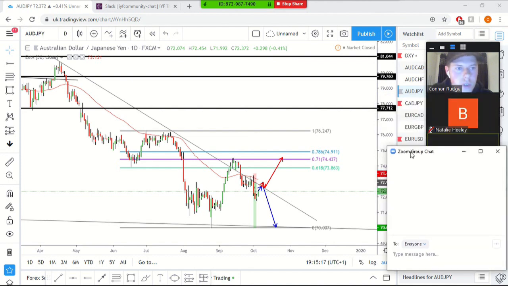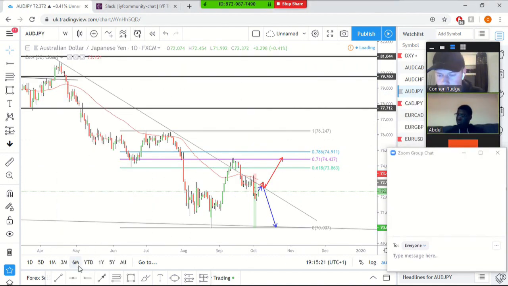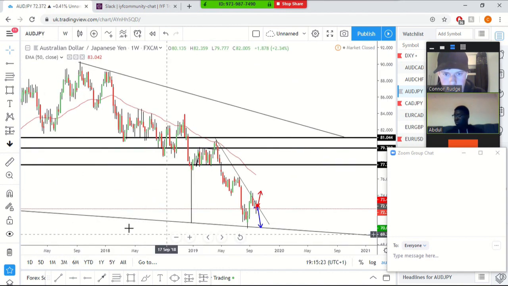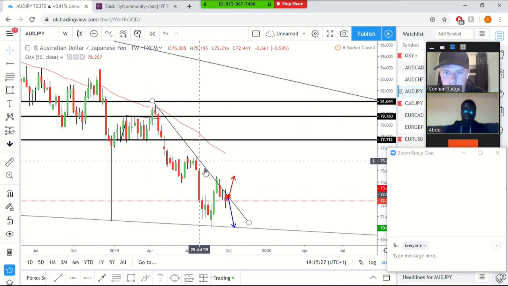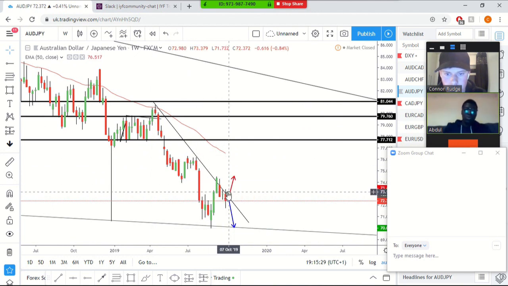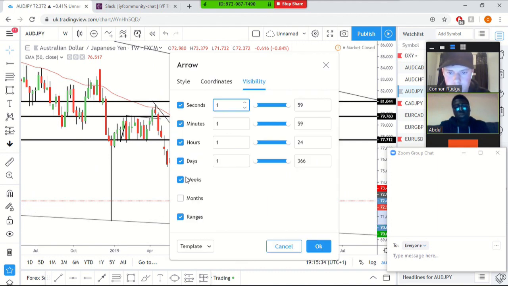Okay guys, to start off, we're going to go through AUD JPY. If we start off on the weekly time frame, we can see that we had this downwards trend line. We have one touch, two touch, and then the third touch here. So if we just get rid of these arrows,